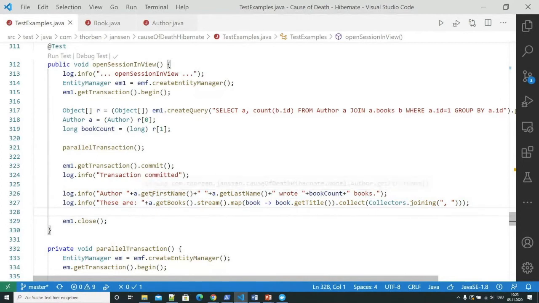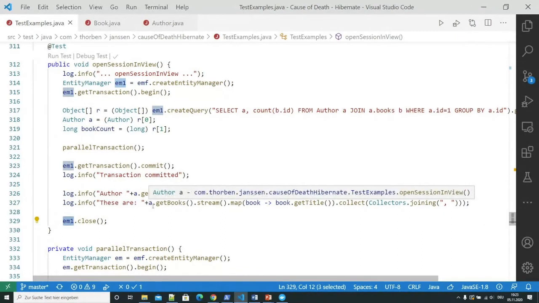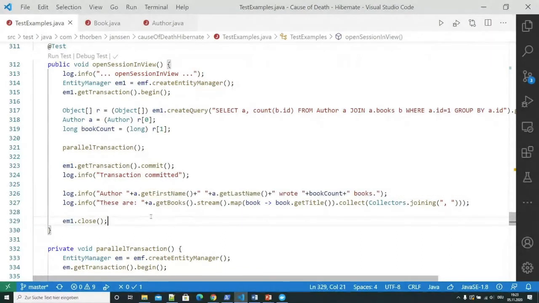So on the first one, I write the first and last name of the author and the number of books that person has written. And then I use the situation that my entity manager is still open, which is the main idea of the open session in view pattern, to access the books association, which I didn't fetch up here in my query.